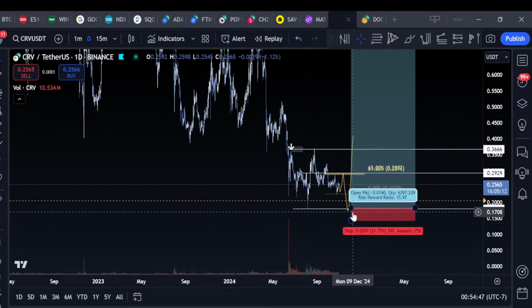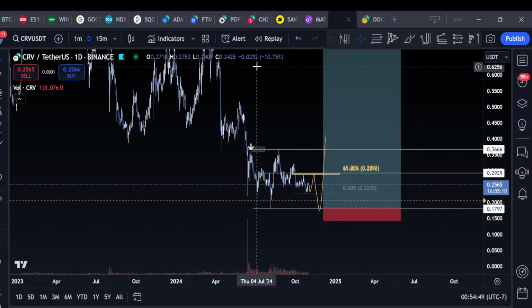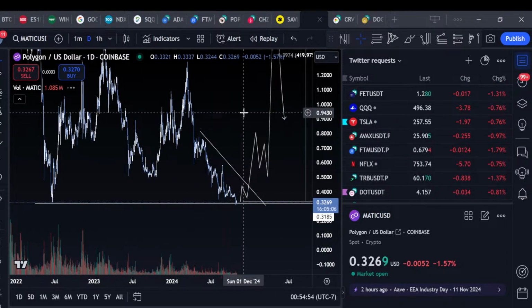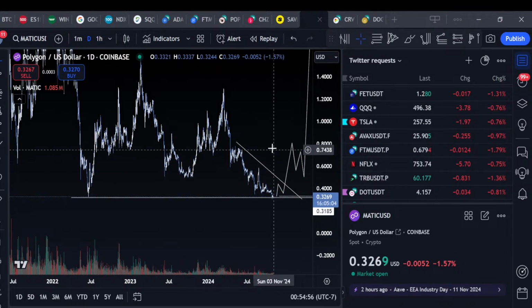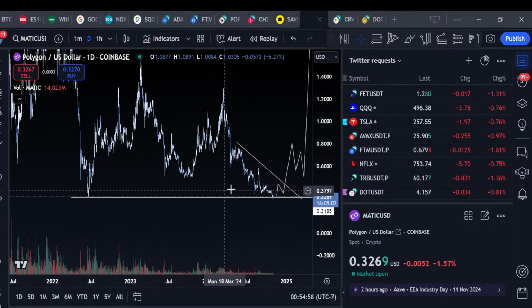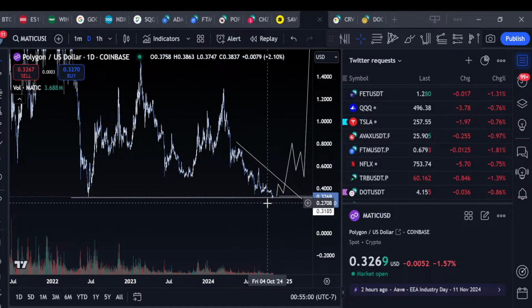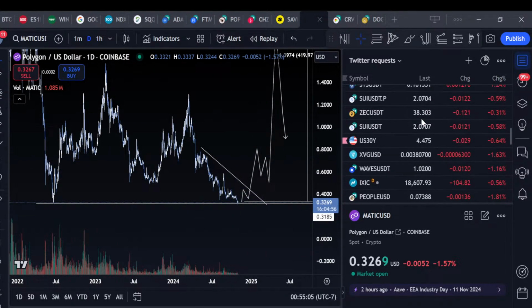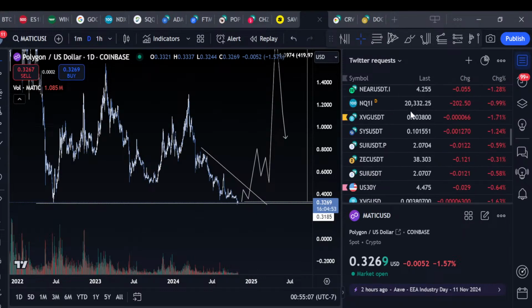I have an idea for CRV, taking this at 18 cents, still waiting for that. I want to talk about Matic, a big target I was looking for. Just a simple idea, taking this low, it's now pulled, taking this low, reclaiming it. I'm willing to put on a little bit of long risk there. But I want to talk about WIF really quickly.